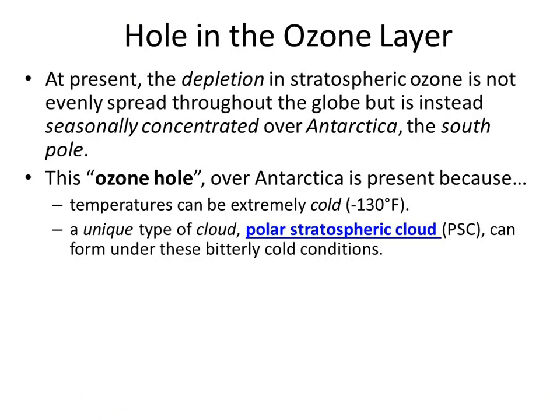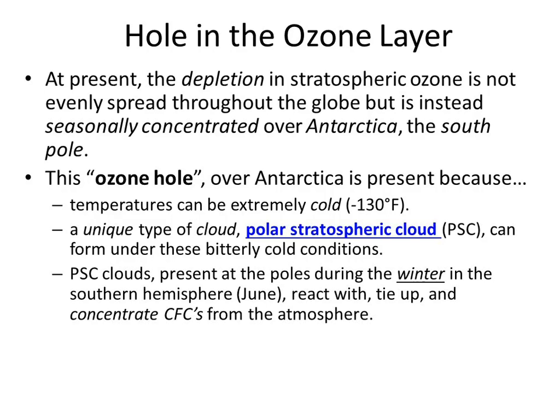The thing about polar stratospheric clouds is they favor the winter time in that hemisphere. Maybe you know that the southern hemisphere is having winter when we are having summer. So the dead of winter for them would be July. When there are clouds there, the little cloud particles tie up the CFCs so they can't do bad things. So when there are clouds there, there's no ozone depletion.